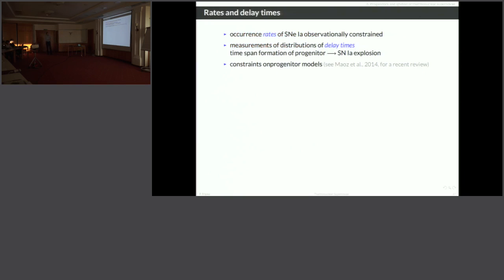Okay, finally a few words about rates and delay times. The occurrence rates of type 1a supernovae are observationally constrained, and we also have measurements of the distributions of delay times. So this is the time span between the formation of the progenitor and the type 1a supernova explosion. So this puts constraints on the progenitor model,